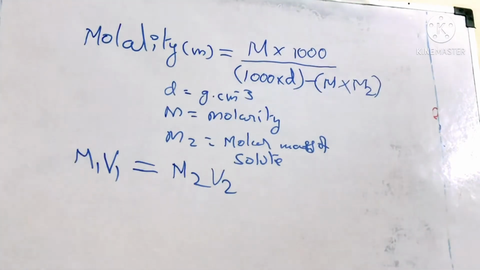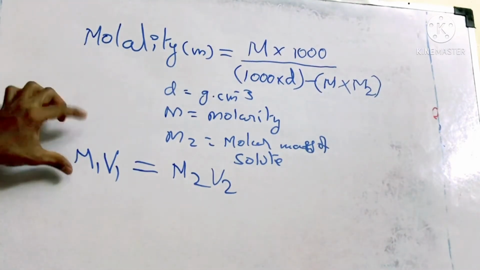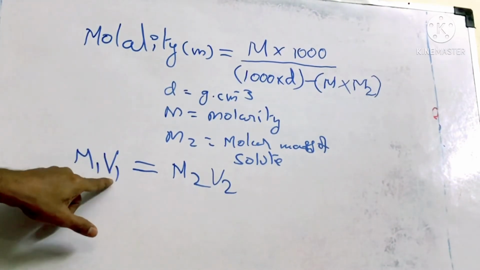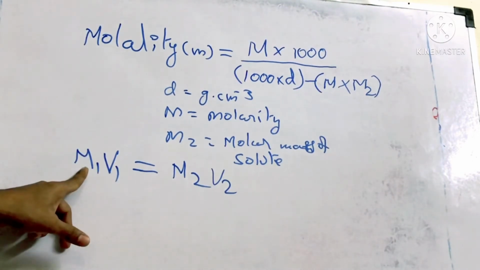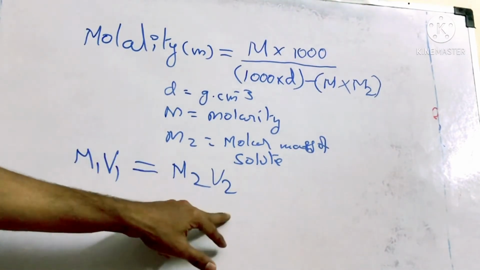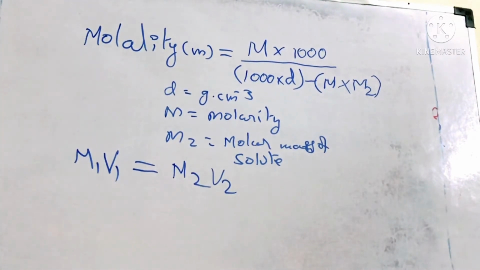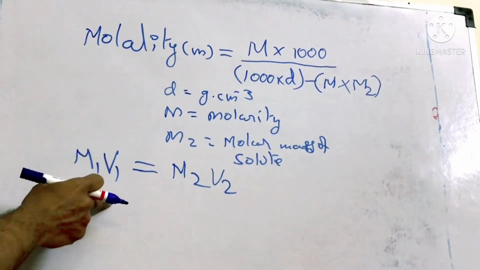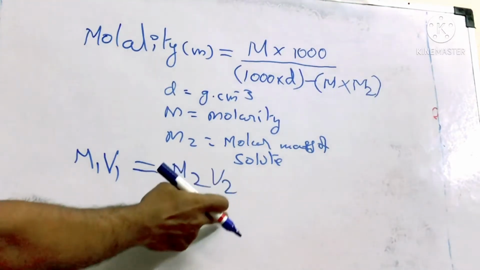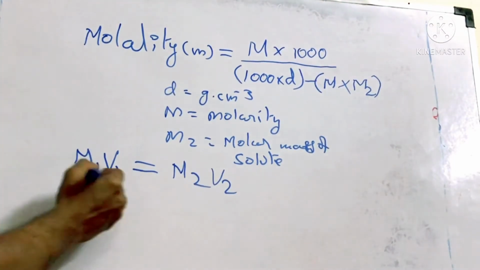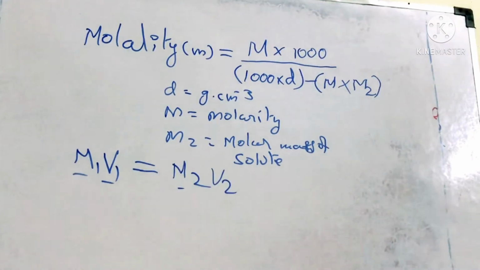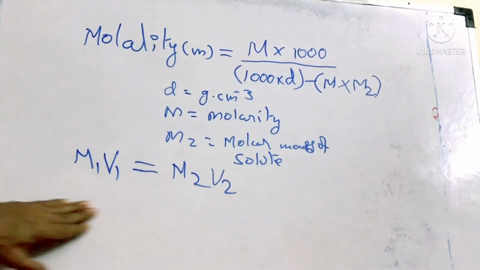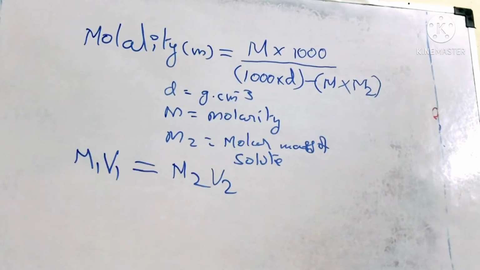If you use this particular equation, with molarity of one solution, M1, and its volume V1: if I take V1 ml of this molar solution, then I can make V2 ml of this molar solution. So molarity can be varied. Out of these 4 parameters, molarity of initial, volume of initial solution, molarity of final, and volume of the final solution, if they give any 3 parameters, you can find out the fourth one. So M1 V1 equal to M2 V2. In such a way we can solve the questions.